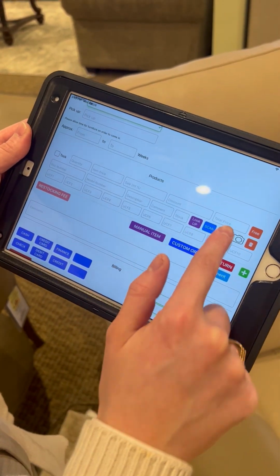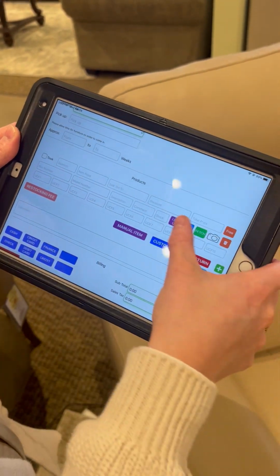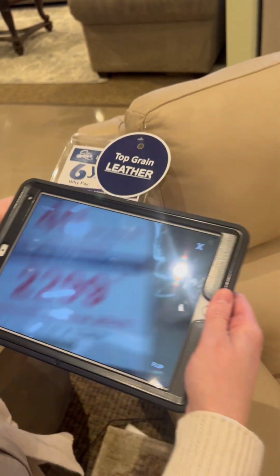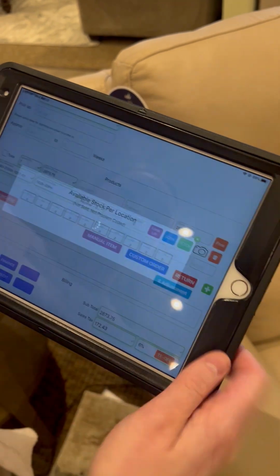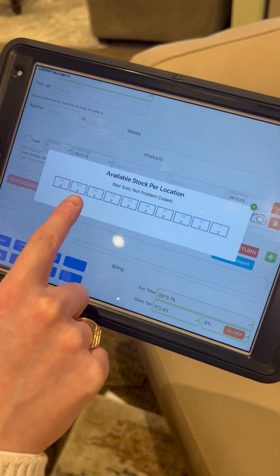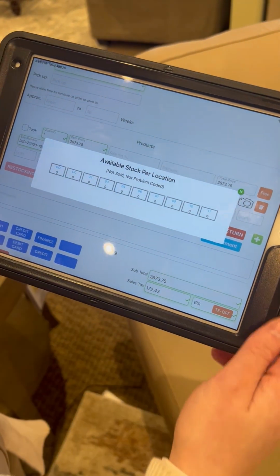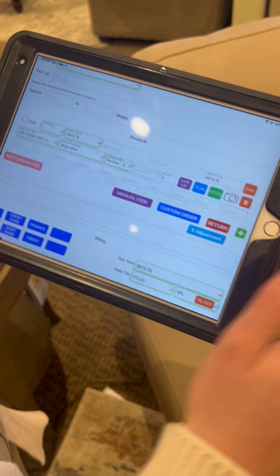You can also do a fetch. So say we'll scan this in again, and you want to see if it's not at your location and you want to see if it's anywhere else. You hit on fetch and it shows you all of the available ones in any other location. This one does not have anything, but